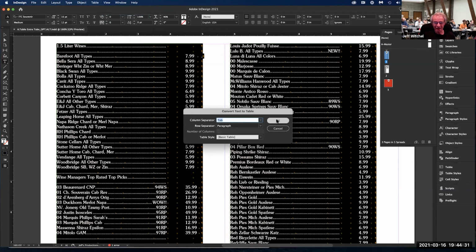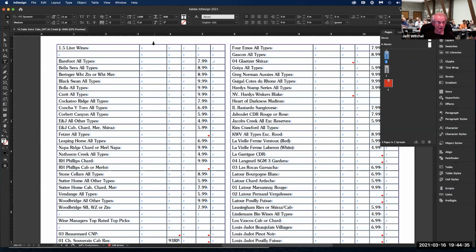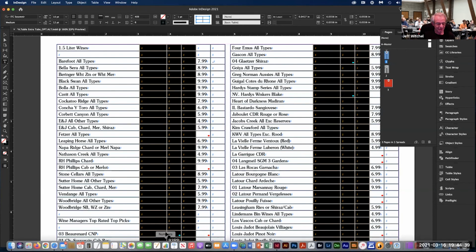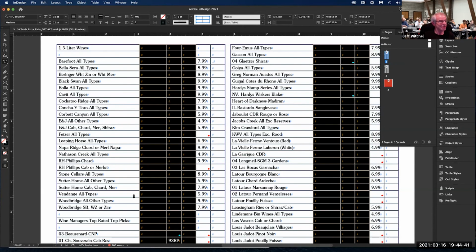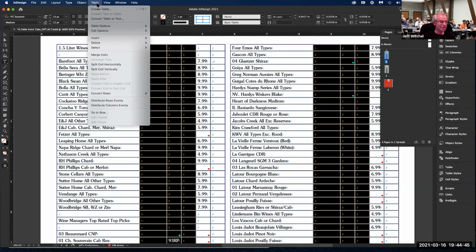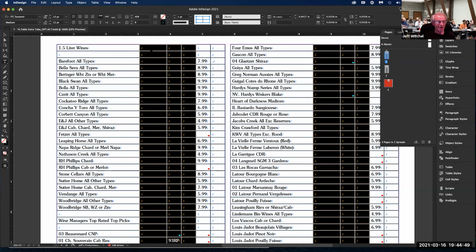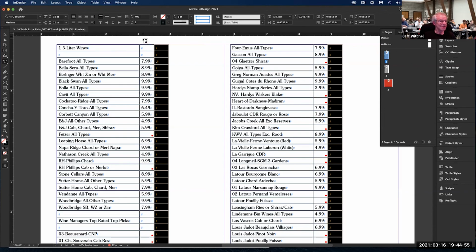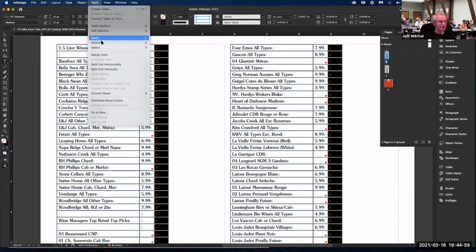I'm going to go under my table menu, and I'm going to convert the text to a table. Okay. And it does it, of course. And I have a bunch of extra columns here that I want to get rid of, including that 93 RP, whatever it was. So I can just go to my table menu to delete and delete column. And I also have an extra column here, it looks like, yes. And I'm going to go to table, delete,